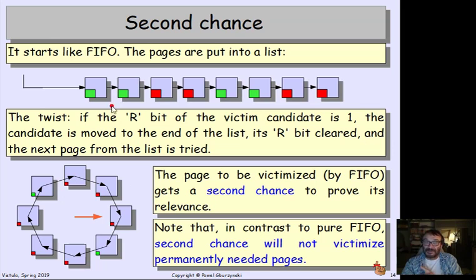Because it is simple. We still have an action that is only carried out when we need something, like there is a fault, and those bits are usually set automatically by the hardware. Okay? And if not, they are emulated, but tough luck. On most architectures these days, those bits are set by hardware. So we have the simplicity of FIFO with this, not exactly LRU, right? But owing to this second chance trick, the permanently needed pages are